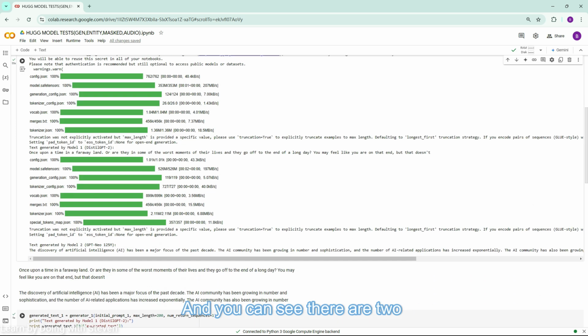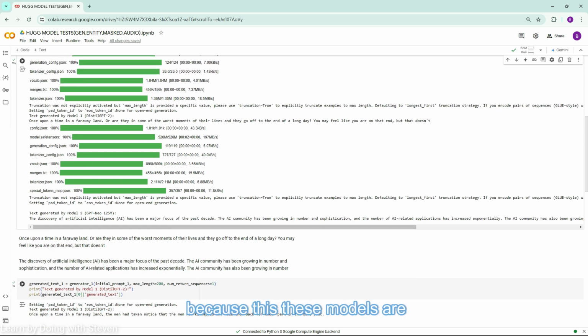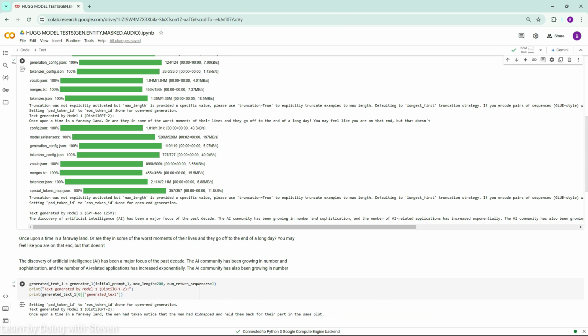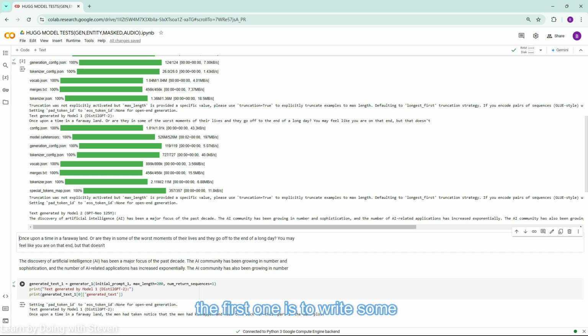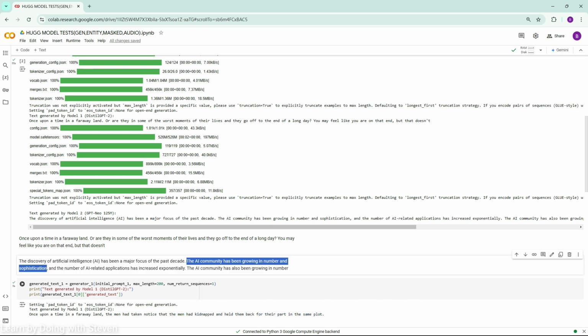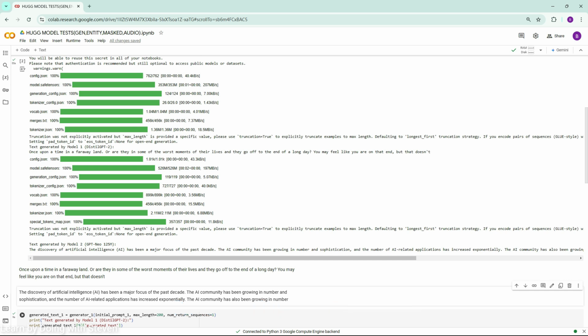And you can see there are two results that I put here. Of course, because these models are very simplified, some of the answers are not making much sense, right? For example, the first one is to write some fairy tale story, but you can see the second sentence does not go very well. The second one is about the discovery of artificial intelligence. This is the AI community has been growing in numbers and sophistication. It makes a bit of sense, right? So you need to test to understand if the model is working well. But of course, it cannot match the very complicated, very big models like GPT-4 or the Claude models,